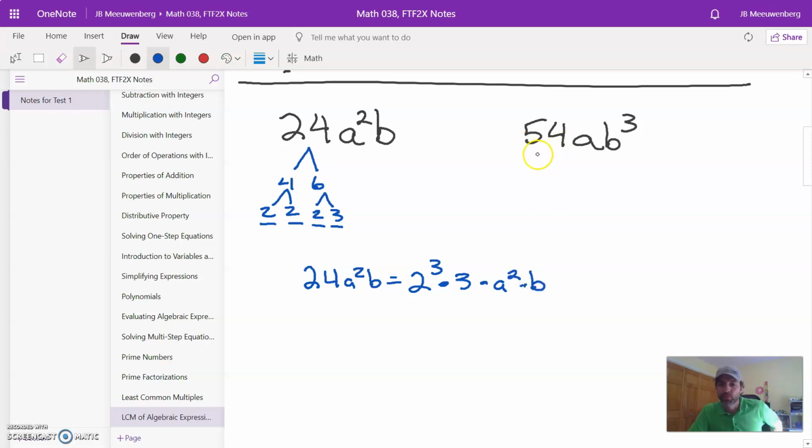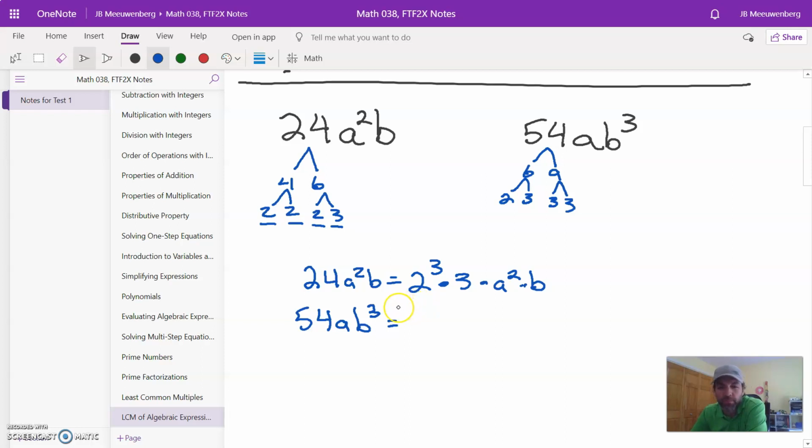And then let's do 54. 54, you might do 6 times 9, 2 times 3, and 3 times 3. So 54ab cubed, a times b to the third, is equal to,